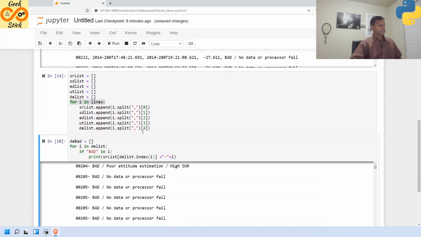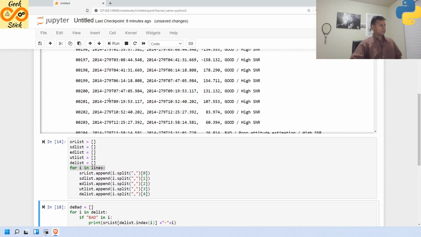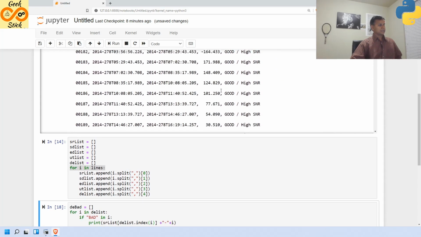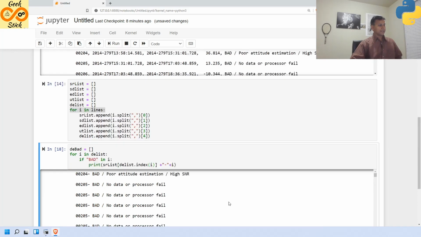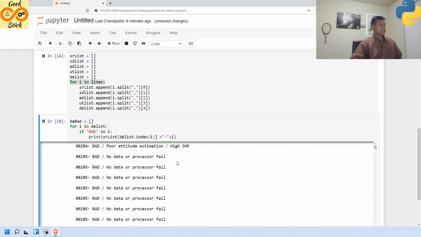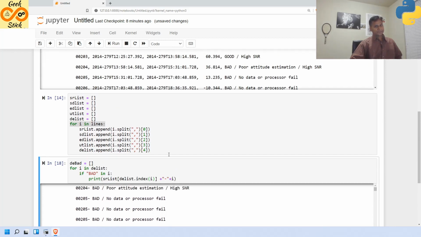Okay, here I'm getting the serial number. See this 204, where the first record is coming, the bad record. It's 204, yes, and this bad. Here I'm getting 204 and this bad got listed over here.